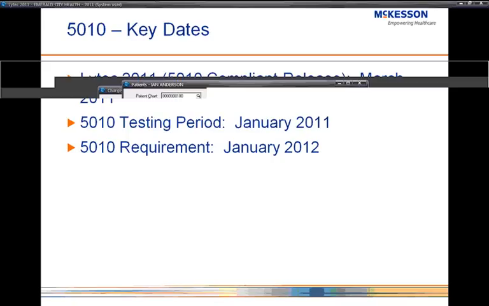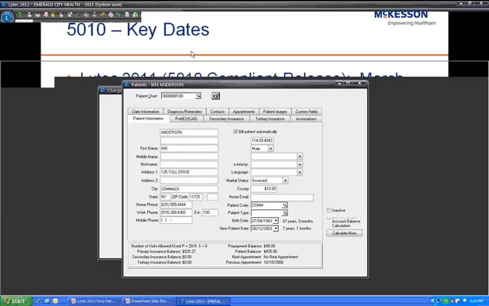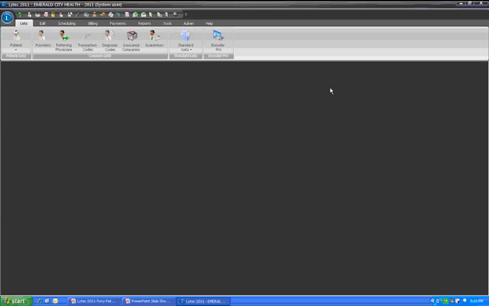We're going to be using live software rather than PowerPoint in order to demonstrate this for you. And the first point that I'd like to make before we start getting into specific fields is that as we were doing the requirements and building Lytec for 5010, we wanted to make sure that all of the 4010 requirements were also met. So our starting point was looking at what we did within Lytec in order to generate a